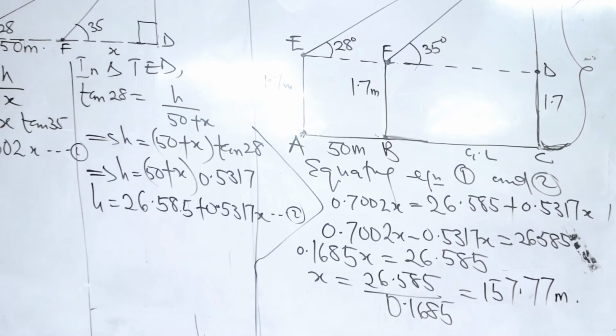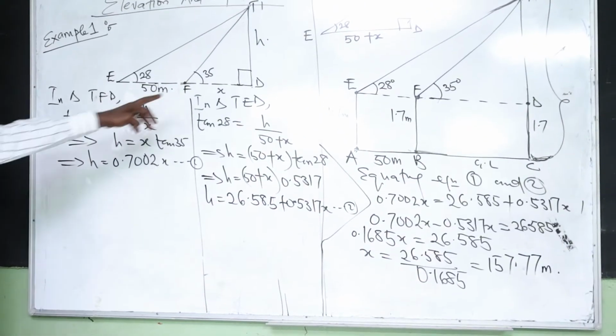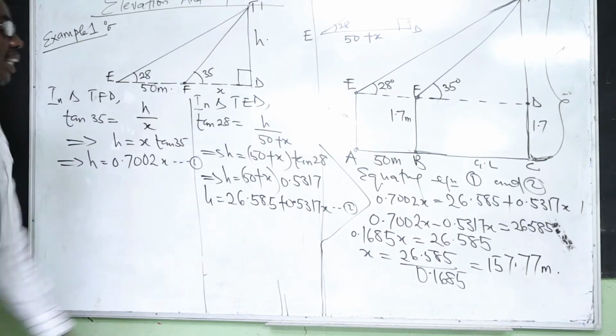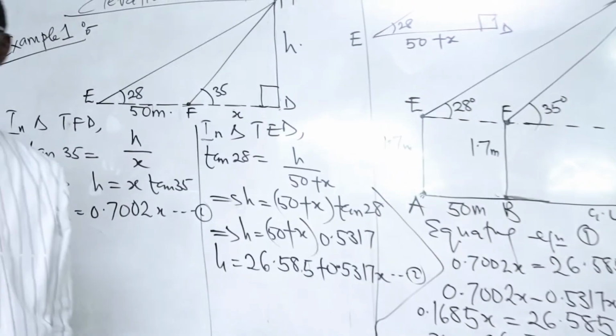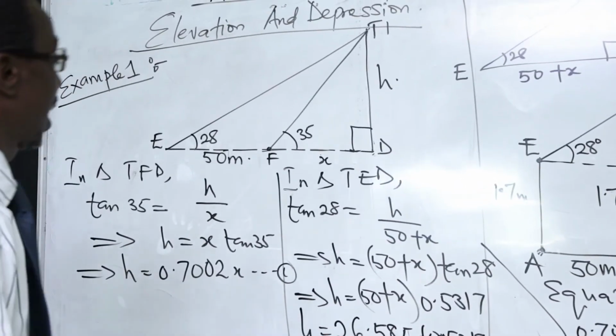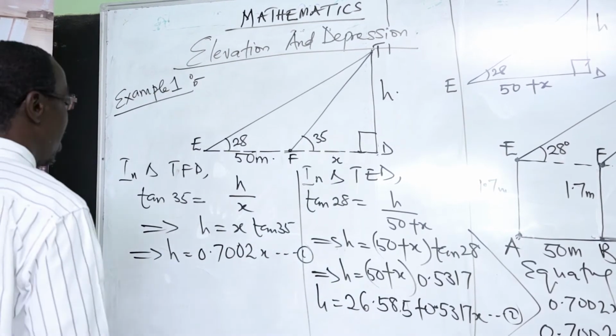Meters, I guess. Okay. That is x. Where is x? This is x. X is FD. X is what will help me to get h. Is x our final answer? No. Is x our final answer? No. So I may have to